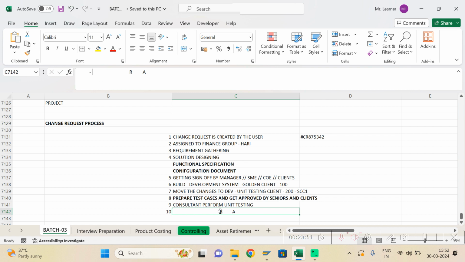Change advisory board is a team who looks at your development, and they check all the parameters, whether you're meeting them or not, to move your changes from development to quality. What are the things they generally check? They check